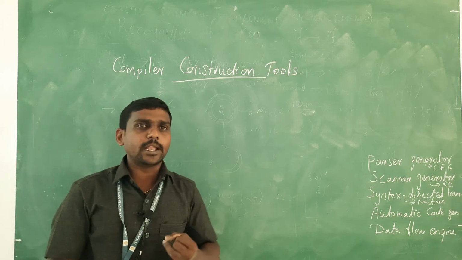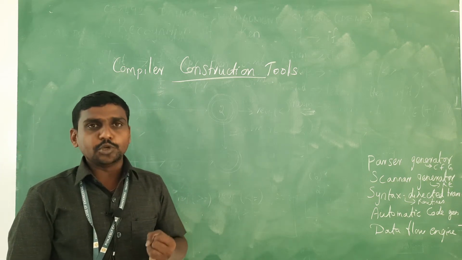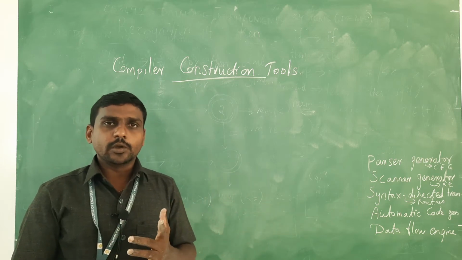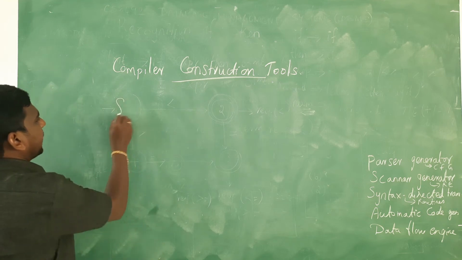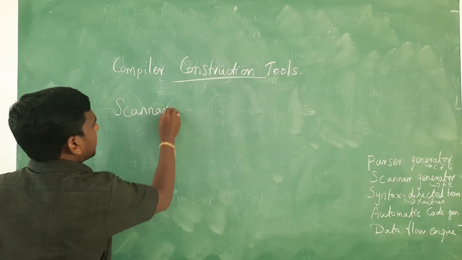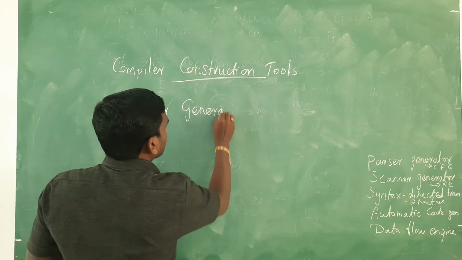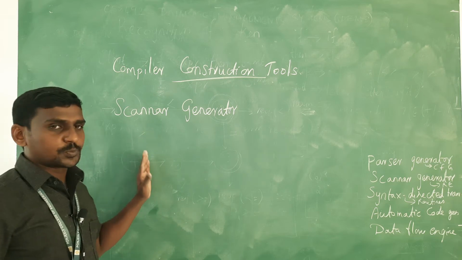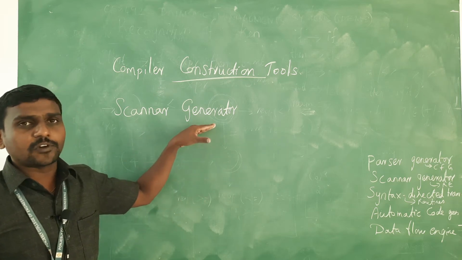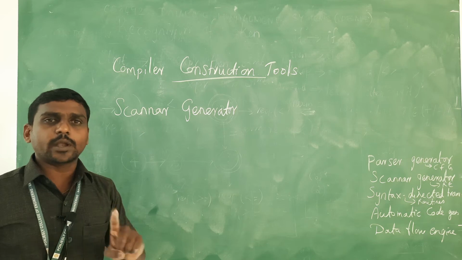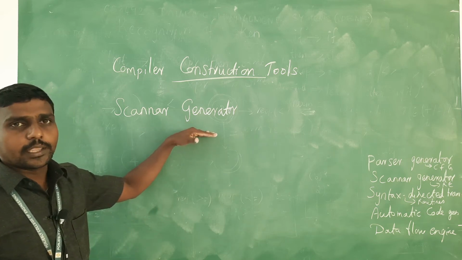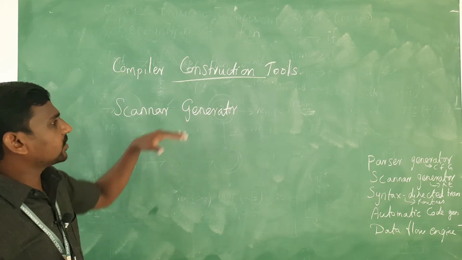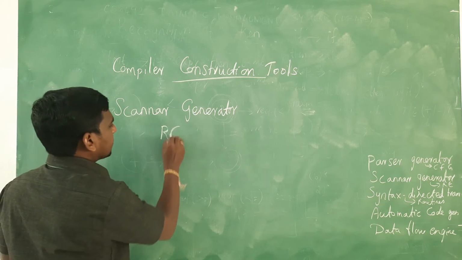What is the first phase of compiler? Lexical analyzer. So what is the duty of lexical analyzer? Source program into token. For that we have a tool, okay, that is called scanner generator. So this is the tool which is used to convert source program into token. This is the tool for lexical analyzer, that is phase 1 of the compiler tool. Okay, so all the tools have input and output. So this scanner generator has regular expression as an input,